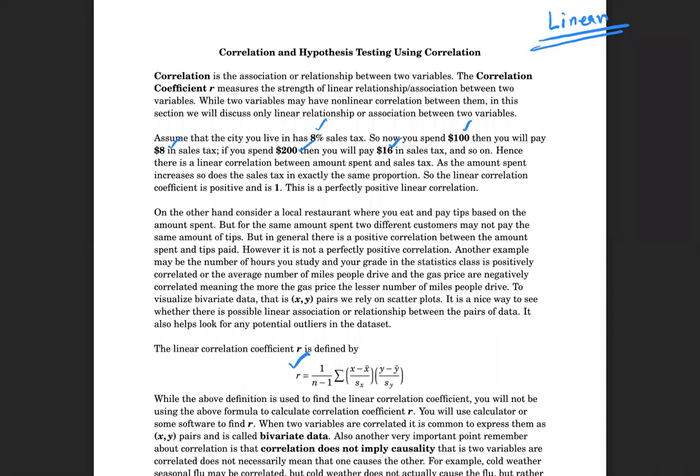So there is a correlation between sales tax and the amount you spend. That correlation is very strong and precise, it is a positive correlation, and that correlation is 1. That means it's the highest correlation value you could have. It is called perfect linear correlation. That means 1 for 1. There is a perfect linear correlation for the sales tax. You have to pay the exact amount. On the other hand,